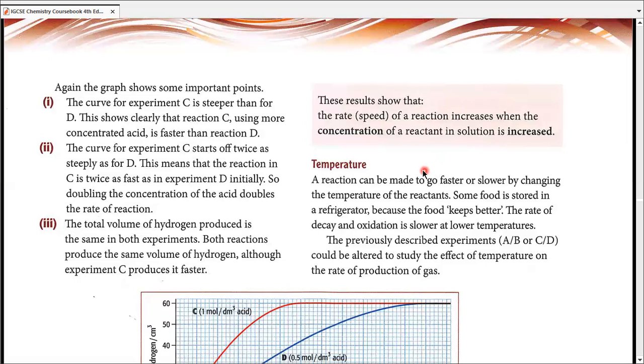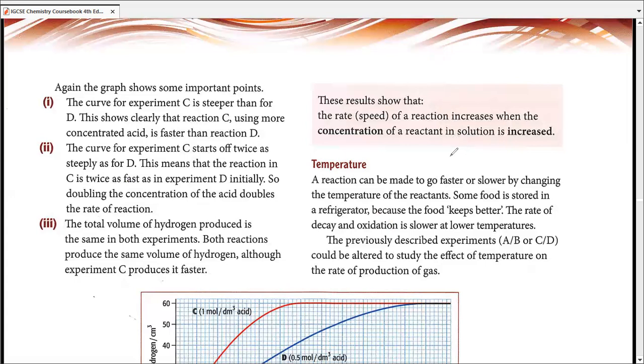So I hope you get the point, and I hope this simple conclusion gives you an idea what would happen in terms of concentration. It's really very easy. Increase the concentration of the reactant, and the speed of the reaction would increase. So concentrated acids are going to do better in terms of rate of reaction than the dilute ones. And the same thing is mentioned in these 3 points. This covers the first two factors for today. Actually, the first one was the surface area of solid reactants. The second one is